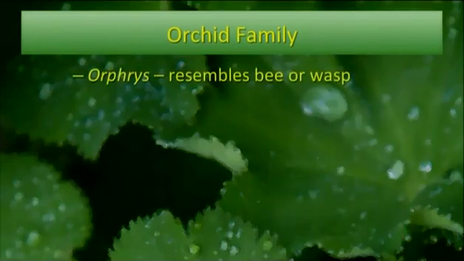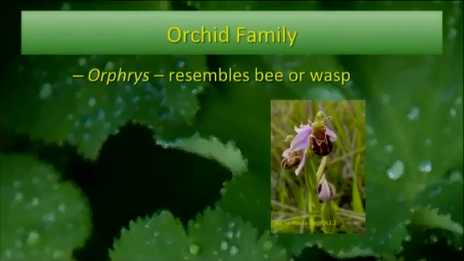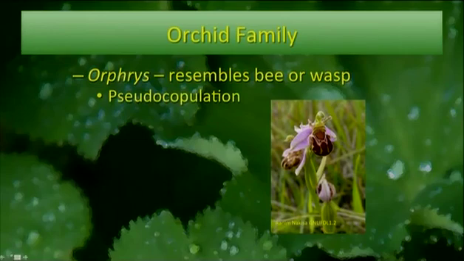Now, Ophrys resembles a bee or a wasp. This is a European orchid of the grassland or temperate areas. You can look at it and it does look like an insect. Another thing is that to a male bee, it also smells like a female bee. So they try to mate with it, and while they do, they butt their heads against the anther cap. The pollinia gets dumped on their head, and they fly off to another orchid and try to mate with that one. That's what they call pseudo-copulation.